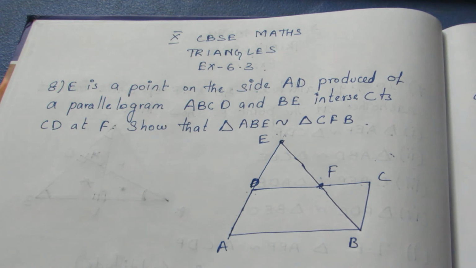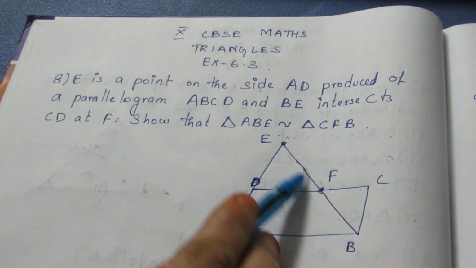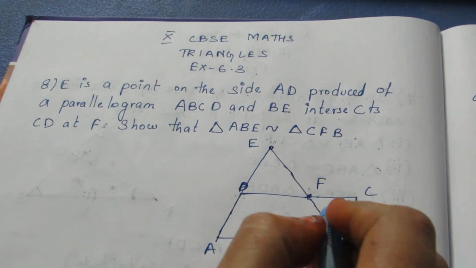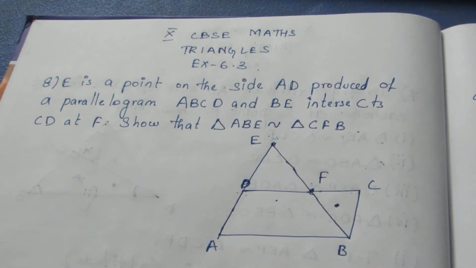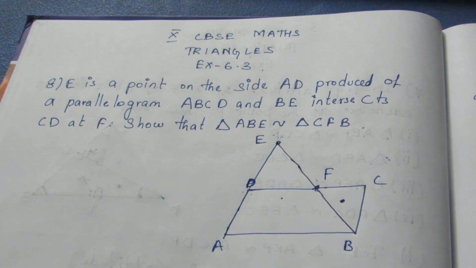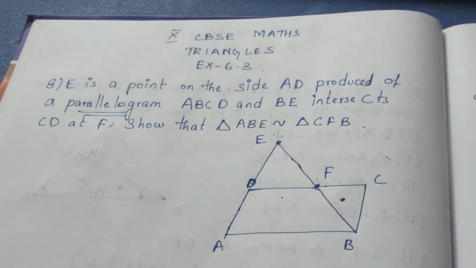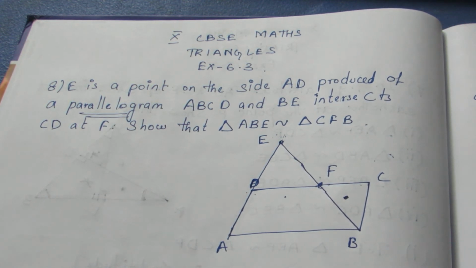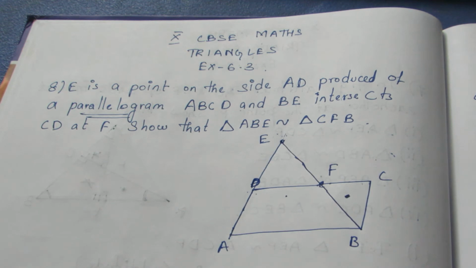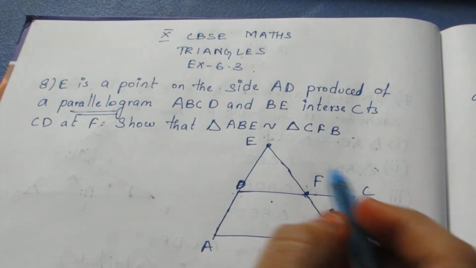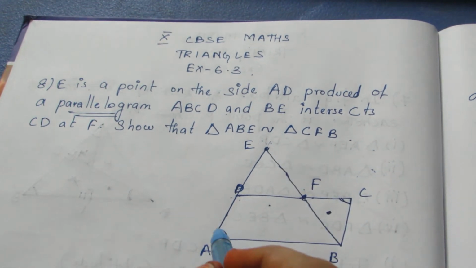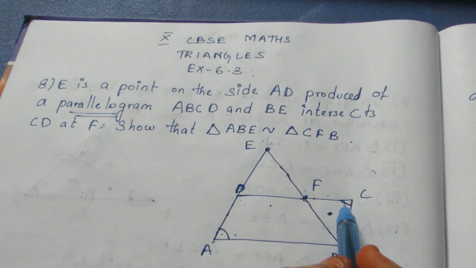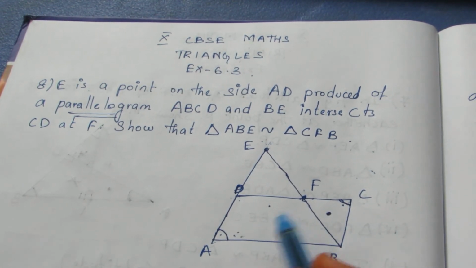We need to show the triangle ABE. ABE is this full triangle. This is similar to this smaller one. Now the bigger triangle is similar to the smaller one, and the main point here is that it is a parallelogram. ABCD is a parallelogram. Seeing ABCD is a parallelogram, in your mind every property of a parallelogram should run. So now taking these two triangles, we know that the opposite angles of a parallelogram are equal. So in the bigger triangle and in the smaller triangle, angle A is equal to angle C because the opposite angles of a parallelogram are equal.